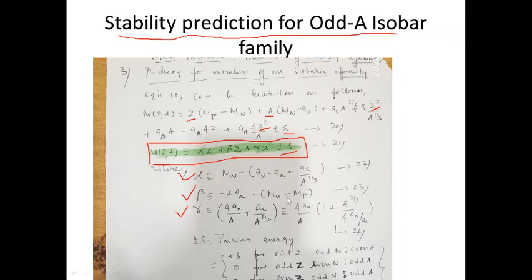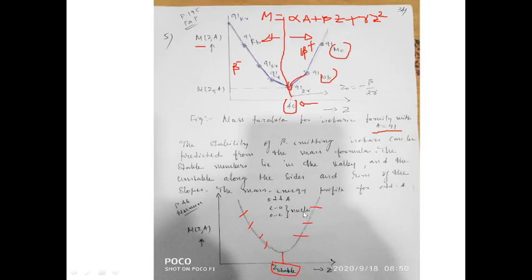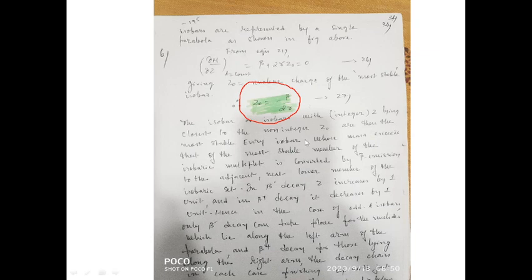The difference will be in AMU. You convert that into MeV because all these units are in MeV, so the units should be the same. So like that you can calculate beta. Gamma you can calculate this way. Put the Coulomb coefficient. A is 91 here. So I want you to take this exercise. Z0, you please check whether it's turning out to be a value which is closer to 40 or not. Anything which is closer to 40, that's more important. So which means we are able to predict the most stable element of the isobar family.